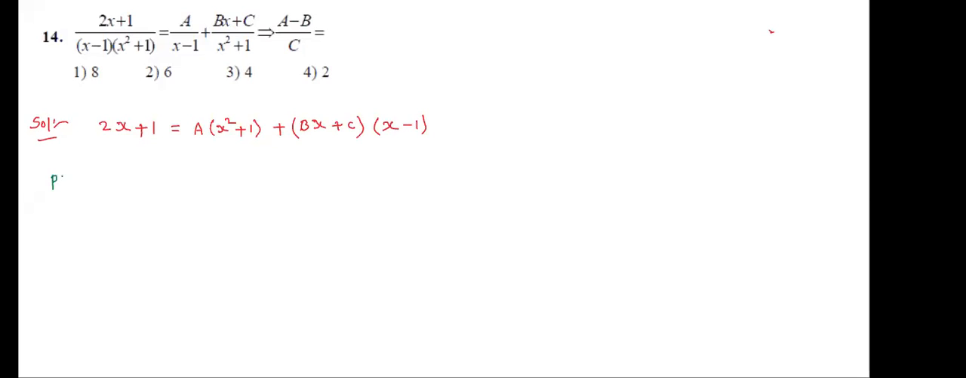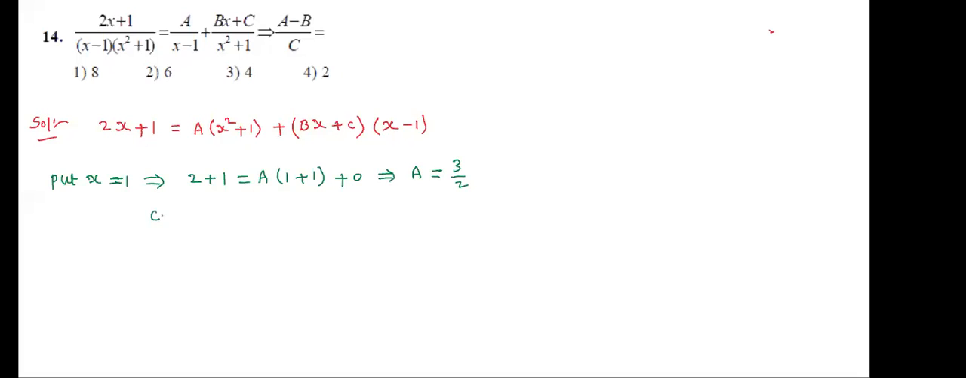Put x is equal to 1. Put x is equal to 1, then we get the A value. See the left hand side, 2 plus 1. A into 1 plus 1, plus 0. Now this is completely A value, 3 by 2. Okay. Next,